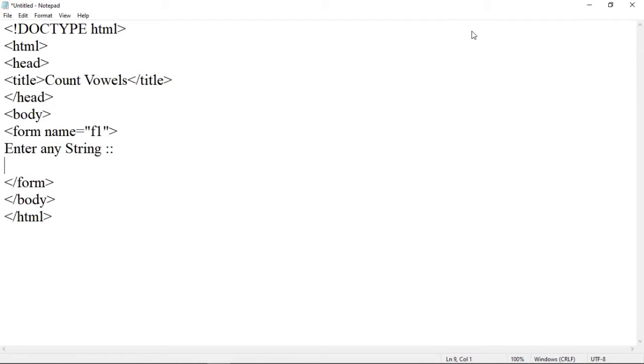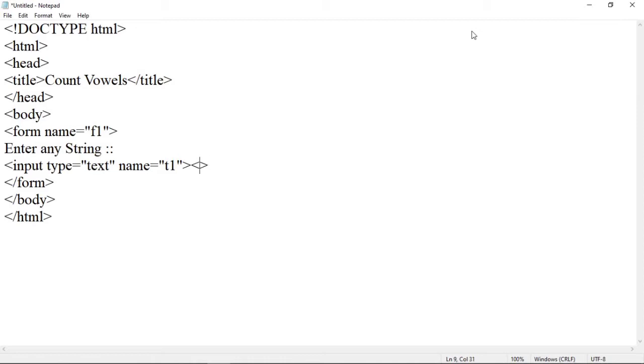Then to accept a string from the user, we have to use a control, that is input type is equal to text, name is equal to, suppose T1, you can specify any name that you want. After that the text field will be created.